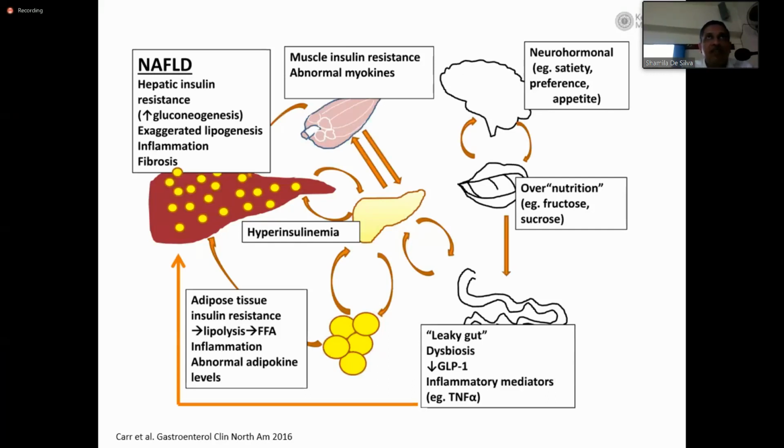Patients who have NAFLD usually have abnormal satiety, and abnormal preferences and appetite. There is overnutrition, especially with regards to fructose and sucrose. Sugar is one of the major drivers of fatty liver disease worldwide. So much so that there is a term called fructoholism, emphasizing that from a very young age, if this unhealthy food is allowed to be consumed by children, that goes into adulthood as well, and they will keep on consuming high sugary foods and this will lead to fatty liver.